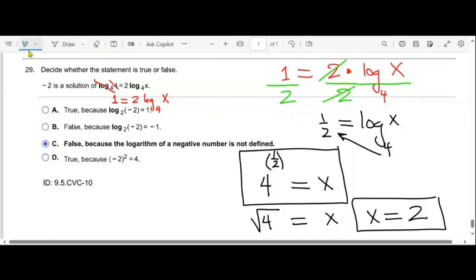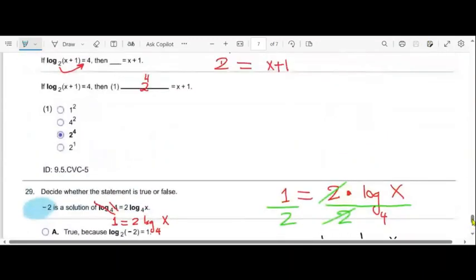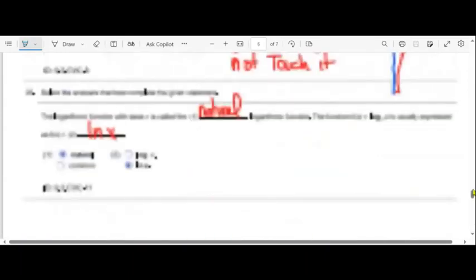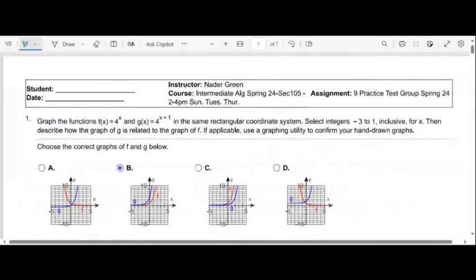Now, is this true or false? False, because it's giving you -2. So the answer is false because the negative is not defined. Is this clear? Yes. And we are done with the tests. I'm going to upload it, and then you can download